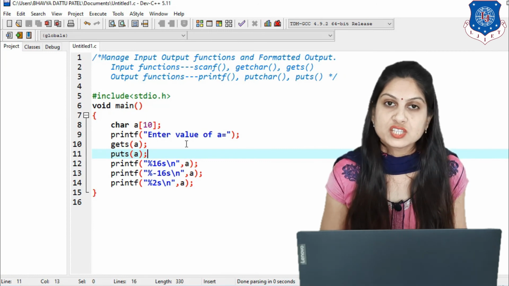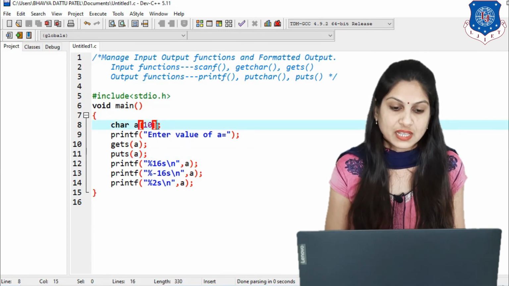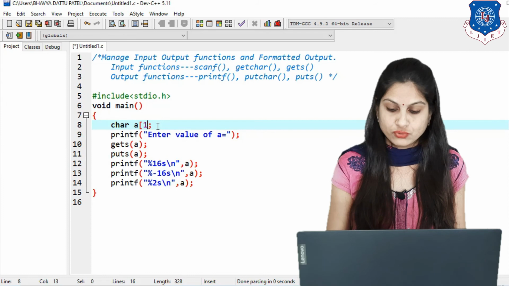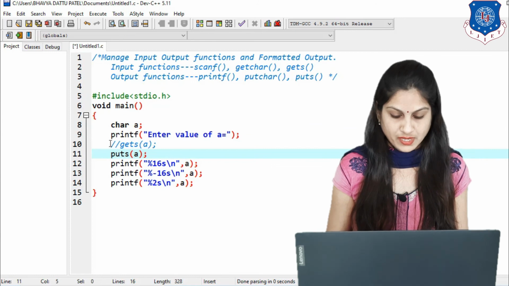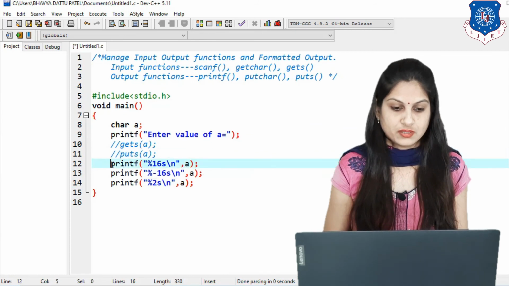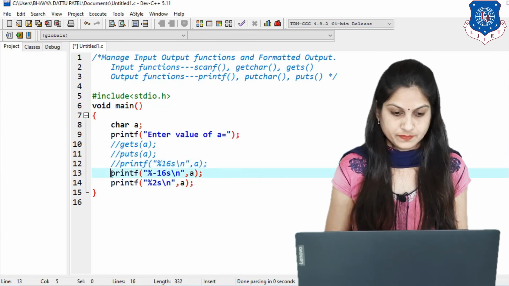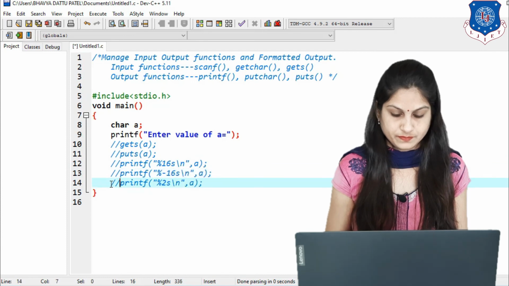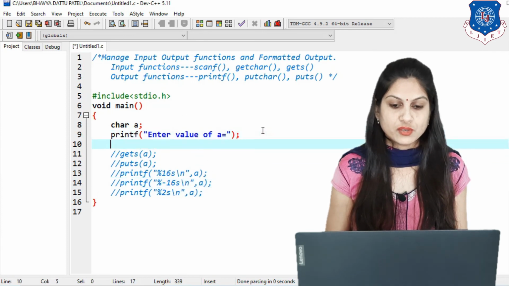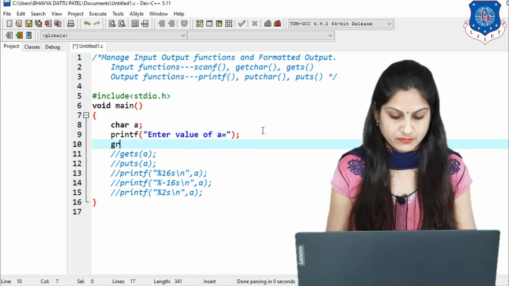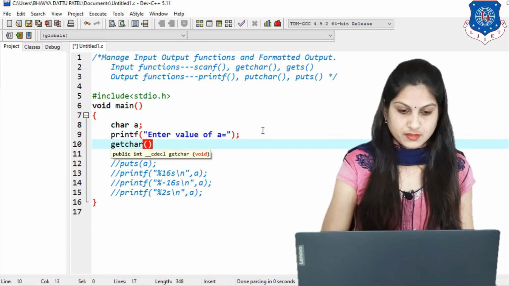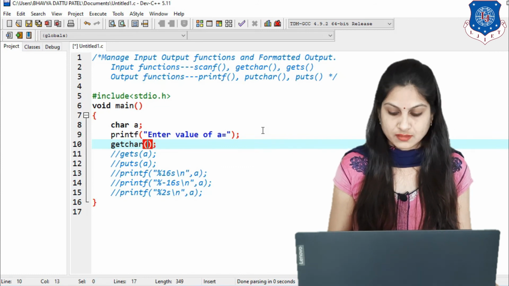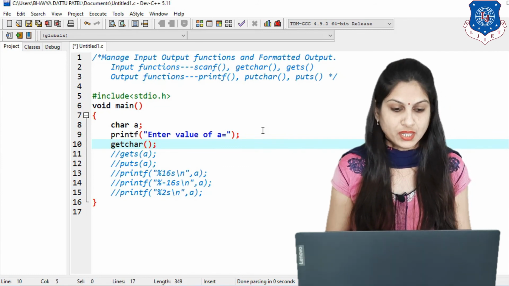And the next function is putchar. It is only for a single character. So first we have to use only the character. So remove these two, we are putting comment on it. Just we are using getchar and putchar functions. So getchar is for reading a character. So this character will be stored in a variable a.